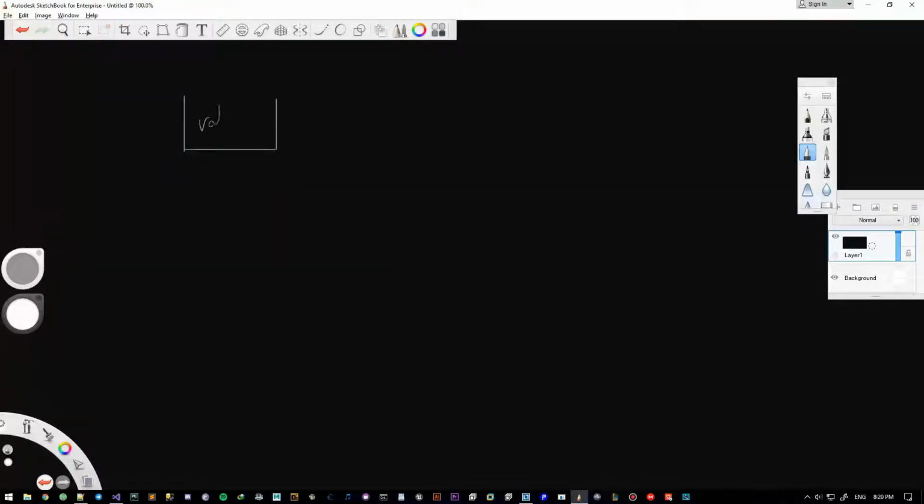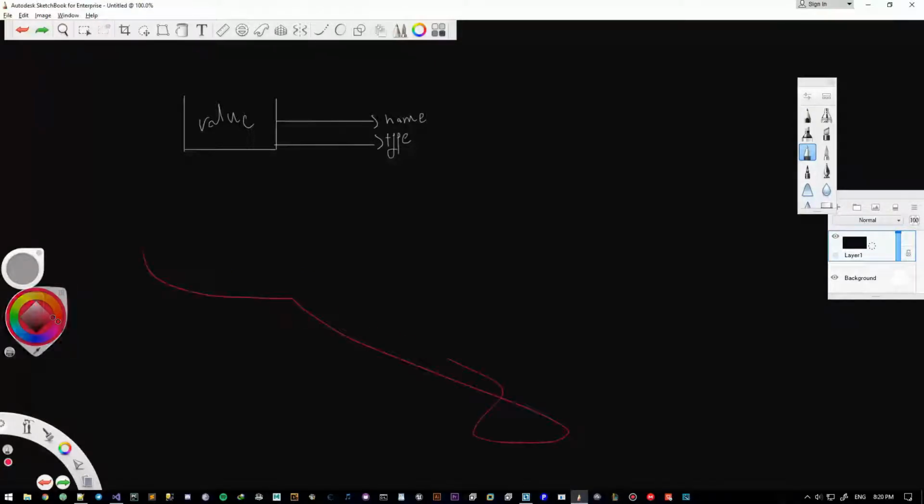So this is a value that can be held in a box. It also has a name. It also has something else called a type. So it has a type, it has a name, and it has a value, right? Now a pointer, not a bad color, but let me go with a better one. Yeah, that's a better color.